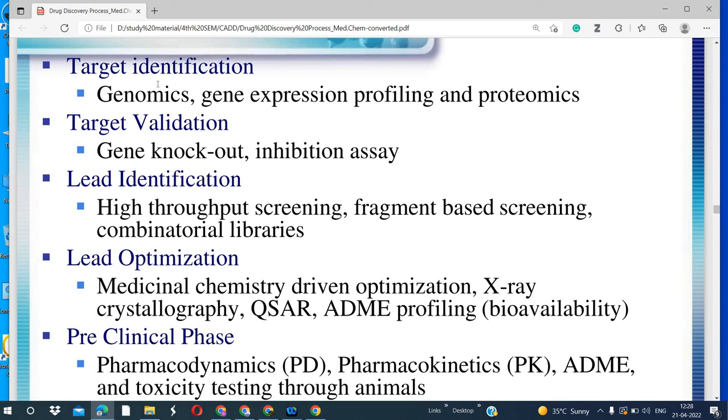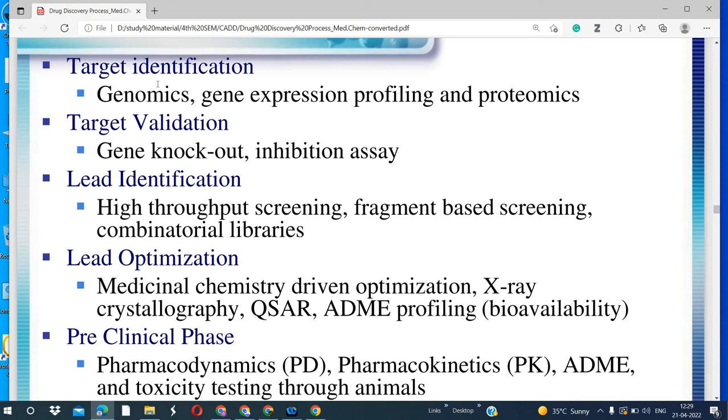we identify using these methods: high throughput screening, fragment based screening, combinatorial library. We try to identify the lead molecule which can work against the targets. In high throughput screening we consider a large number of compounds. In the combinatorial library also, a large number of compounds is generated using different combinations of the same reagents or different regions. So there is a diverse library of similar compounds, from which we can identify the lead molecules. Lead molecule means active molecules that can work against the target.